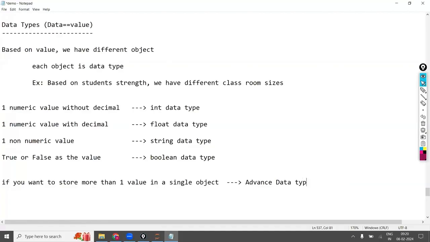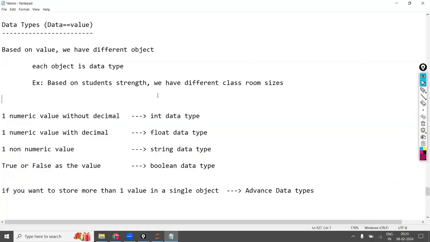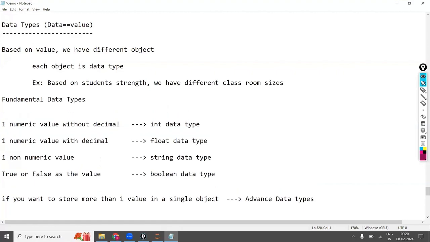These four of them come under fundamental data types. Why fundamental data types? Because they can store only one value. Since they can store only one value, they are called fundamental data types. The objects are designed like that in Python.